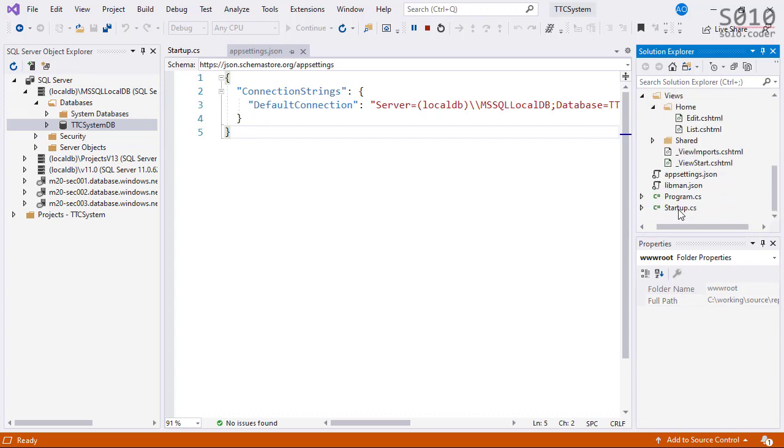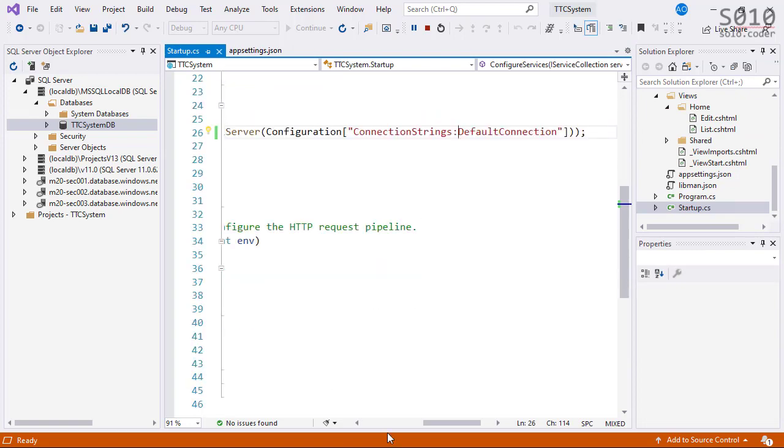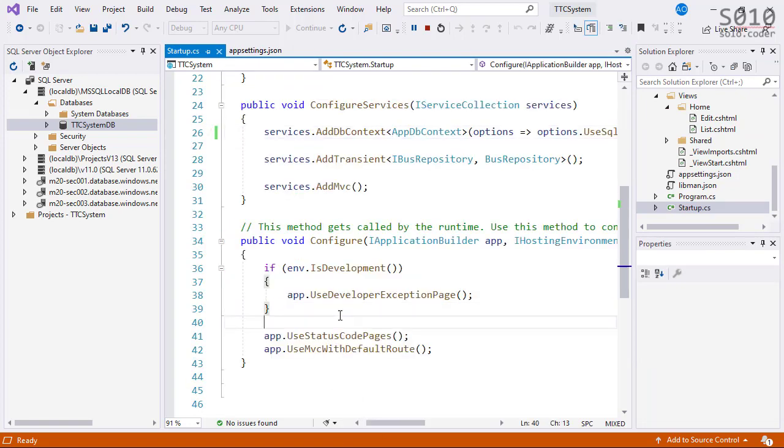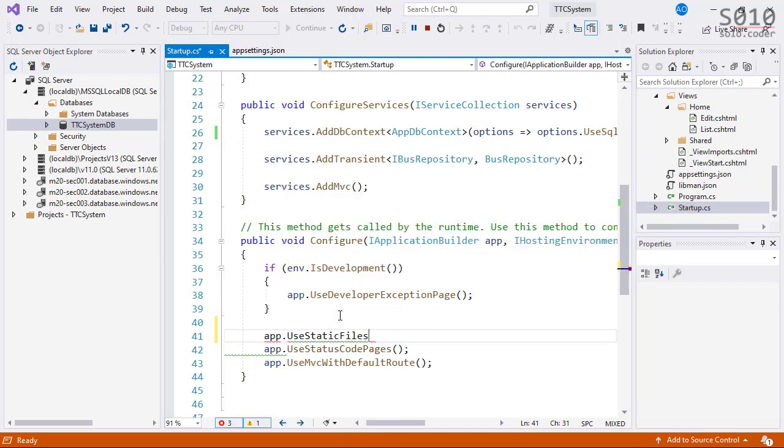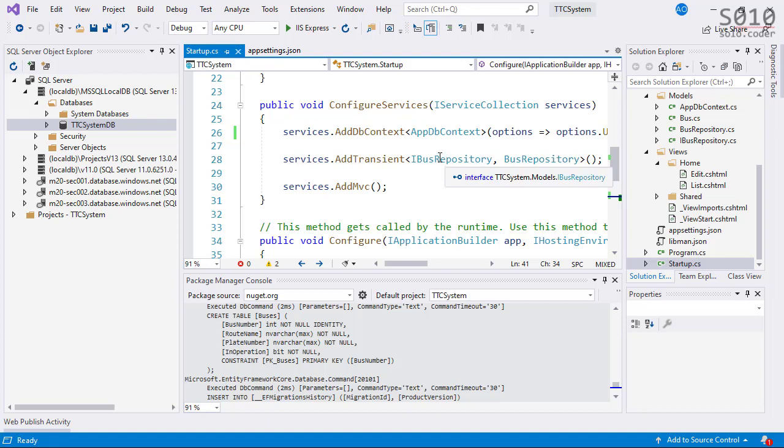We go to the startup and we have the app.static files. Okay? With that done, if I stop the codes, yes, Amira, yeah, that's it. If I stop the codes and run it again,